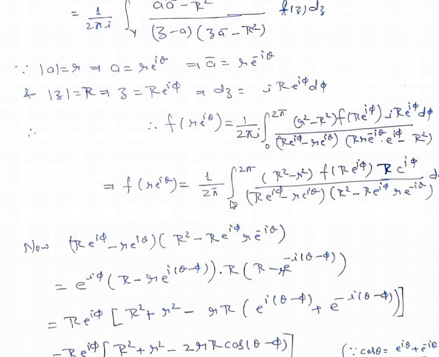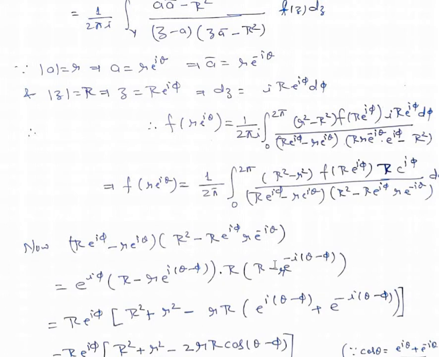Now let's simplify the denominator. So the denominator is Re^{iφ} minus re^{iθ} multiplied by R² minus Re^{iφ} into re^{-iθ}. Take e^{iφ} common from this bracket and R common from this bracket. So we have e^{iφ} into R minus re^{i(θ-φ)} multiplied by R into R minus small r e^{-i(θ-φ)},